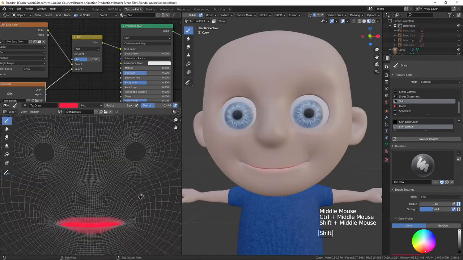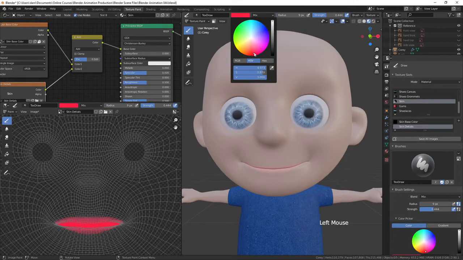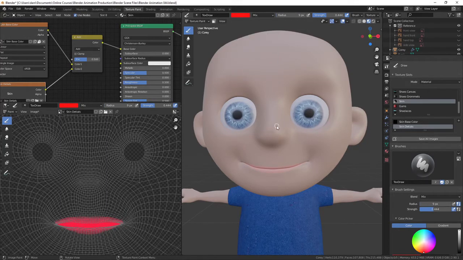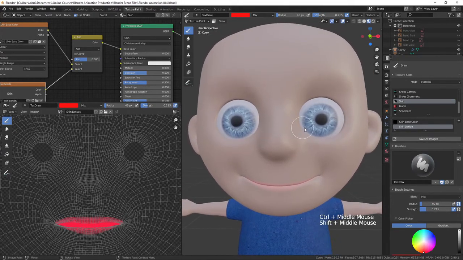What I mean by the other parts is maybe some red around the eyes, the nose, the forehead, the ears, and that kind of thing. So I'm going to just change the red here, make it a little bit different right here. And then I'll increase the size of the brush, bring the strength down a bit, and that symmetry is still